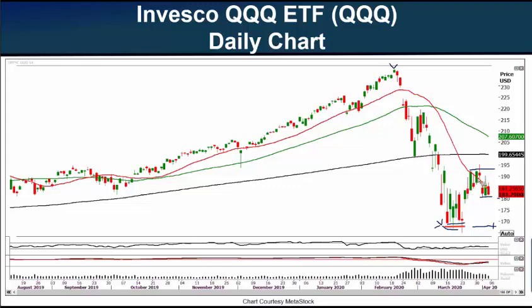Similar to the SPY, same pattern at 193. So now we have resistance here at 193. If this area right here can't hold, we'll have more resistance at about 186 if the QQQs start falling here. So just like the SPY, we're going to see if it can somehow create a base here. We definitely want it to stay above $169. So maybe there could be a bumpy bottom here. I would hope if that doesn't work out, then 169 will be the level I'm watching as a key support